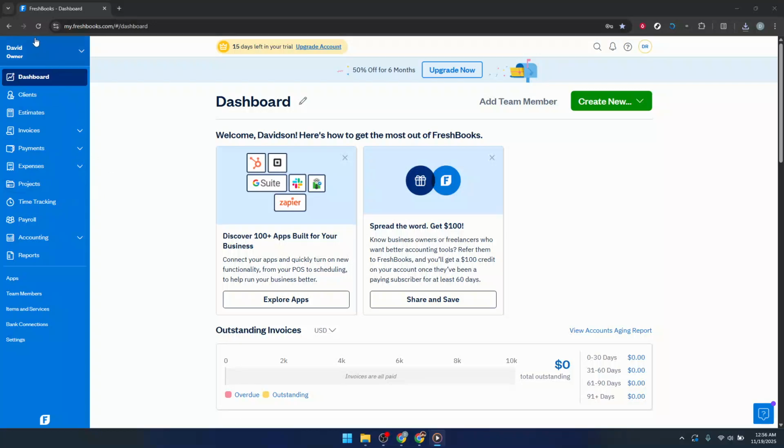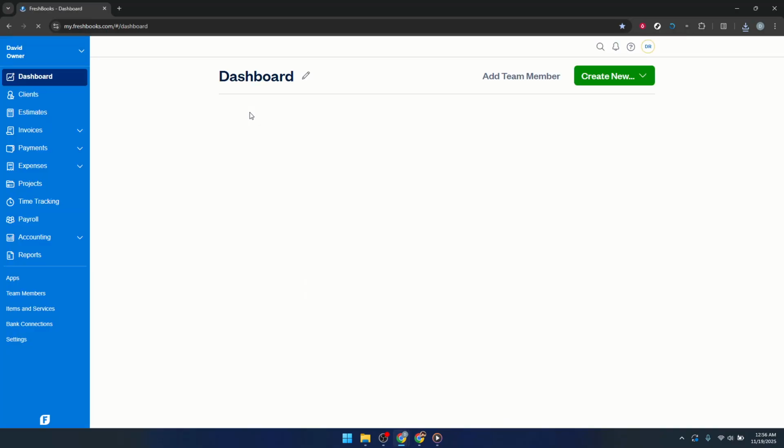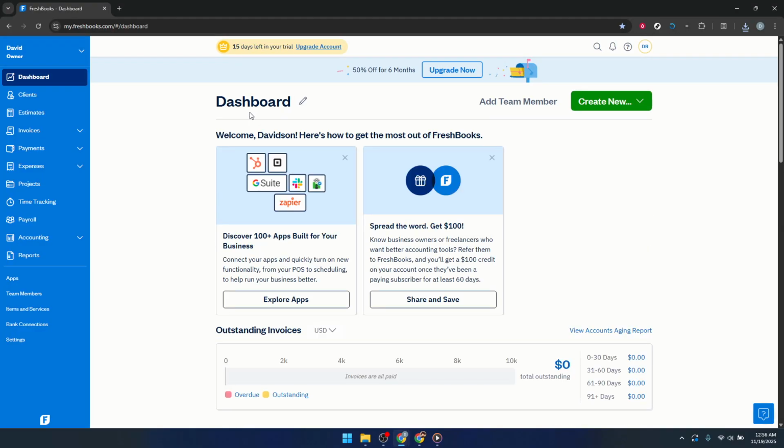In today's video, I'm going to teach you how to categorize bank transfers in Freshbooks. Keeping your bank transfers properly categorized is really important for clean bookkeeping and accurate financial reports. It helps you avoid accidentally counting the same money twice as both income and expense, and it makes tax time a lot less stressful. So in this walkthrough, I'll show you exactly how to mark a bank transfer the right